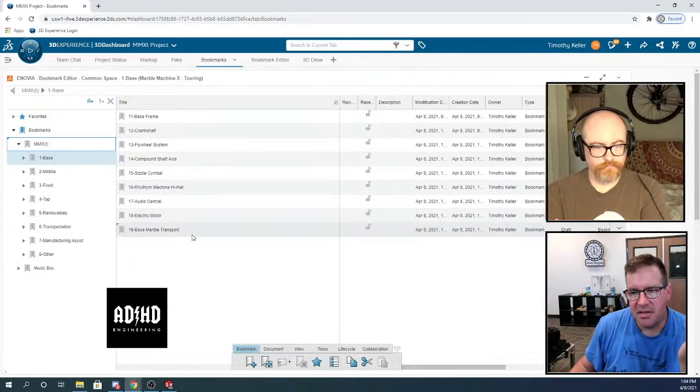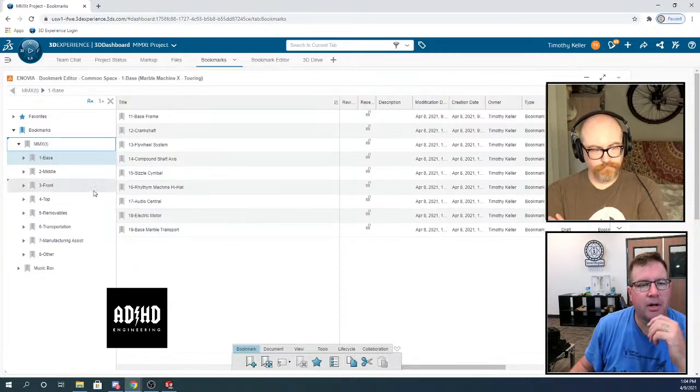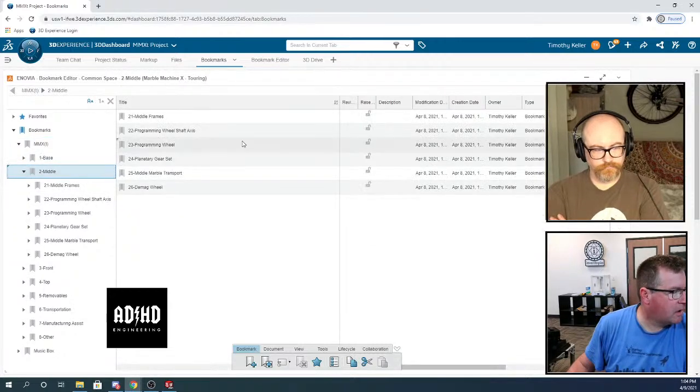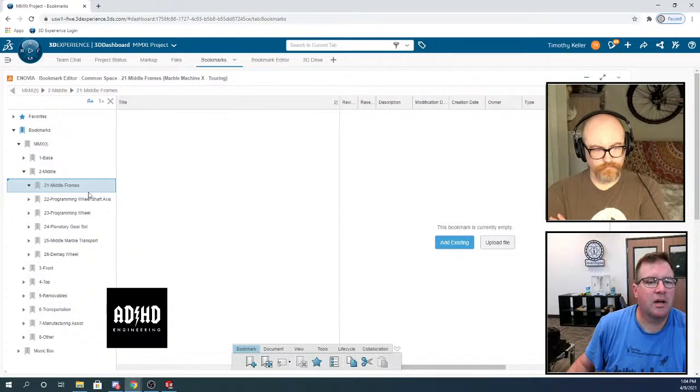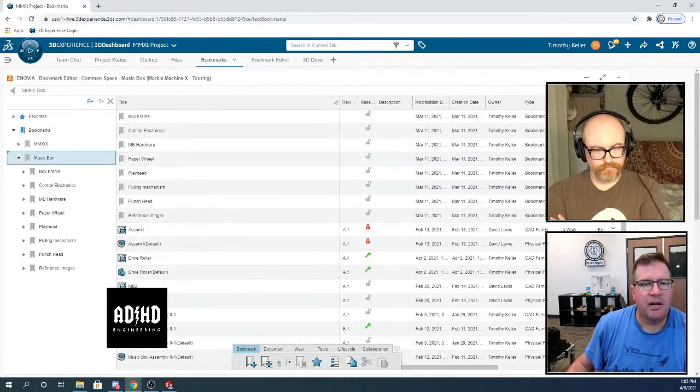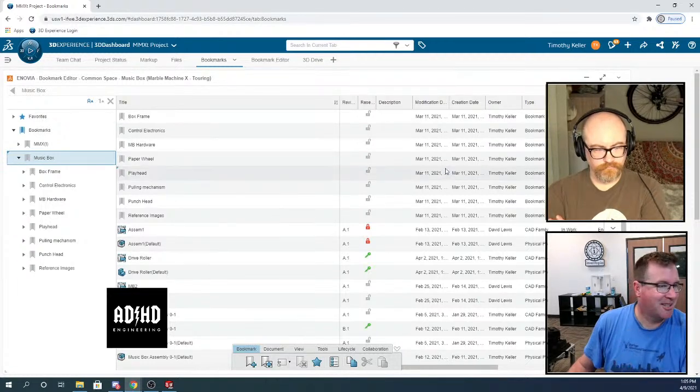And I think for Martin's benefit, if he wants to find a part, this is probably the easiest to navigate version of his system ever. I didn't put in the next level assemblies, where you would have sub assemblies, so I didn't fully populate that, but that's where we're at. I've done that now for the MMXT and for the Music Box. If you look at Music Box, since we have already designed it like 3 or 4 times, there's already a bunch of content in here.